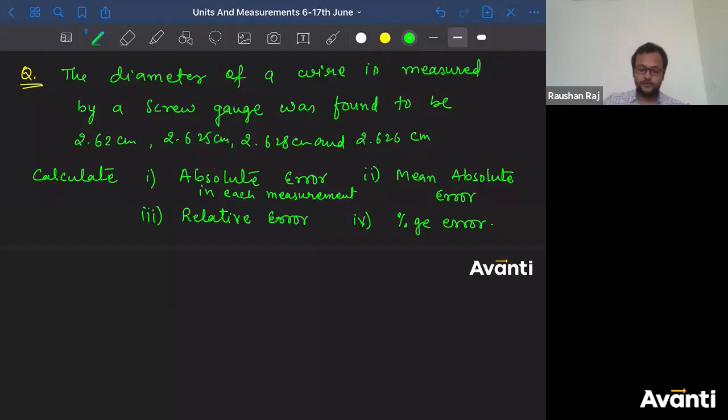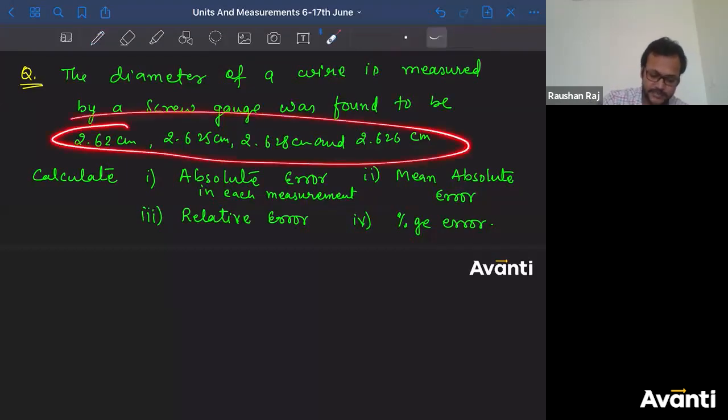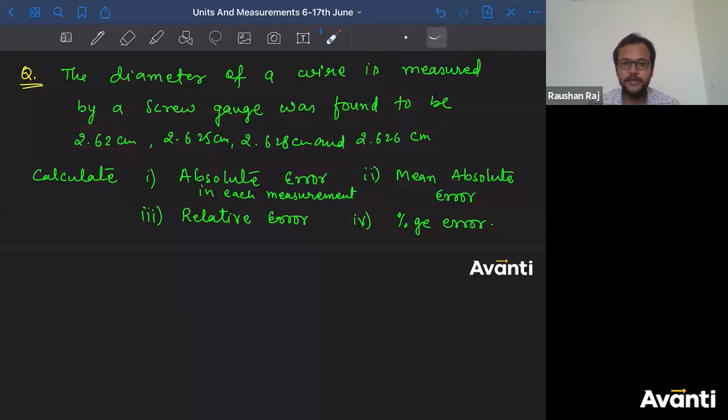So for true value, if somebody asks you what is the true value of this measurement, if it is not given to you at all, the true value will be calculated by taking the mean value of the measured value. Okay? So true value क्या होगा? True value will be the mean value of the measured value. This is the convention that we follow. However, that is not the exact true value, but we cannot do anything about that. So true value कैसे निकालते हैं चलो?